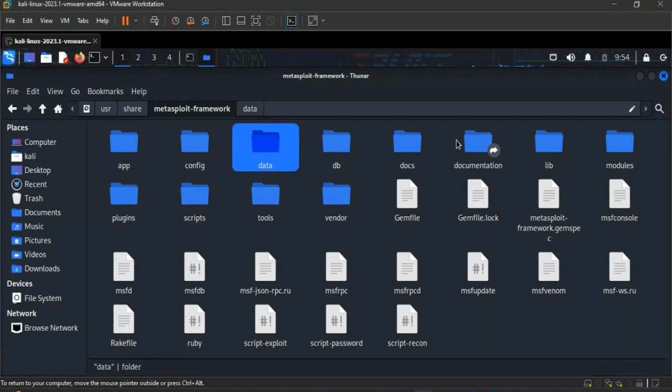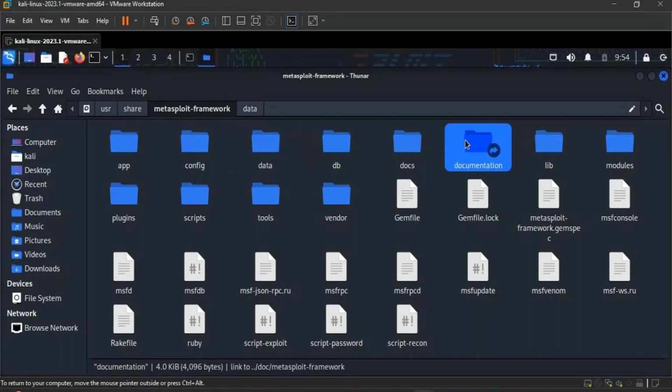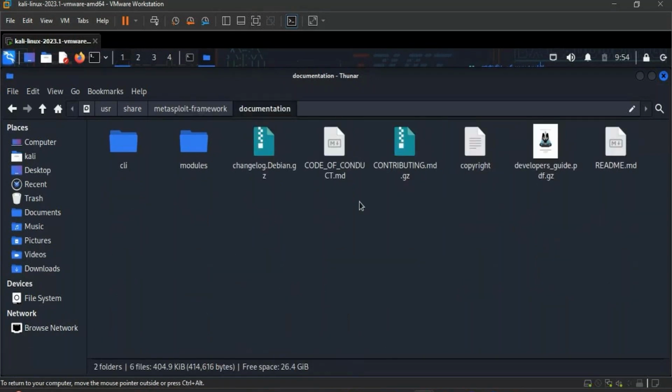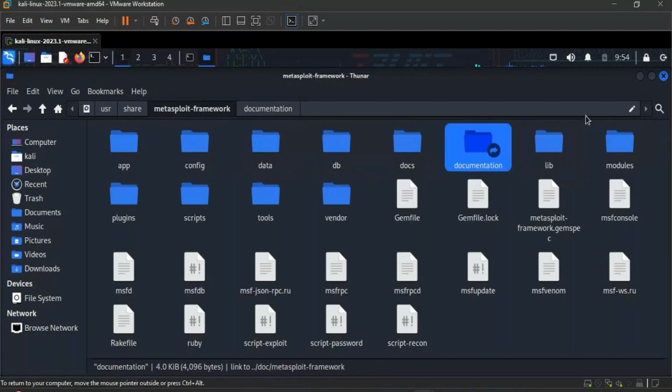Then there is documentation directory. Now, as the name suggests, what does the documentation directory contain? Documentation for the framework. So if you want to read about the Metasploit framework, you can go to this directory, right? So what it has, like developers guide. The people who developed it, they have written documentation. So you can read how it was developed, what the things in it are, right? Then the contributions and everything, right? Then there is lib directory for libraries,